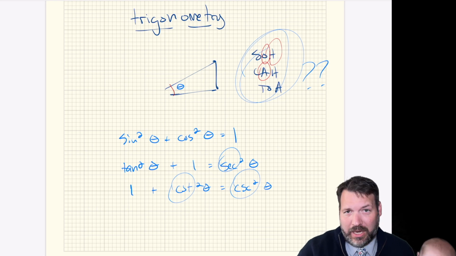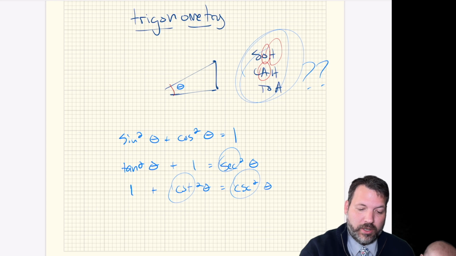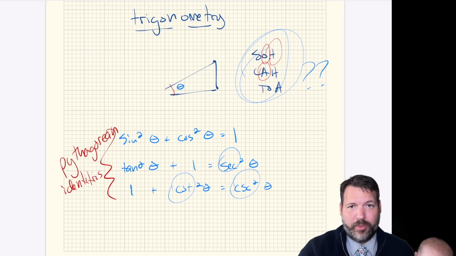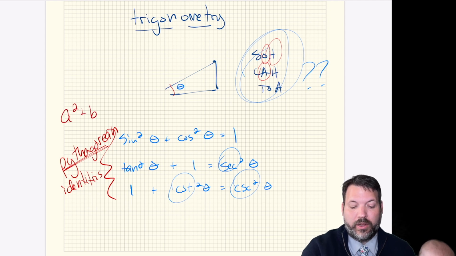So sometimes, if it's taught poorly, teacher just says, hey, these are what we call the Pythagorean identities, and don't bother me with a bunch of questions, just memorize them. There are 3 different statements, 3 different identities, just go ahead and memorize them. And what should occur to you as a student is, well, Pythagorean, that kind of reminds me of something. Is there a connection between this and that thing we learned back in like 7th grade? A squared plus b squared equals c squared? And unsurprisingly, the answer is yes, there is a connection.